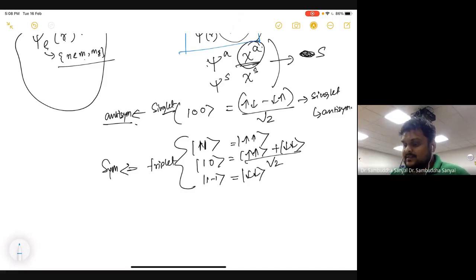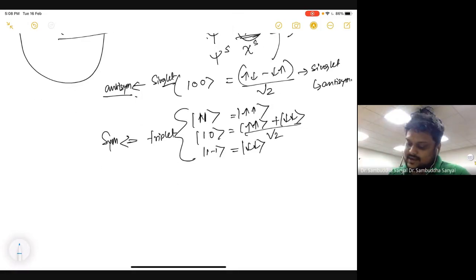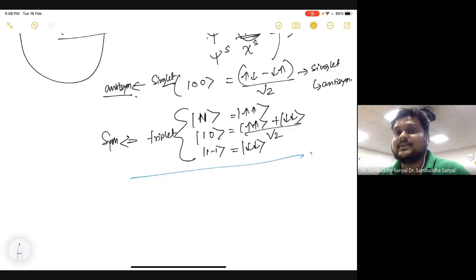So that is one point I wanted to make, and that point will come in very useful. So in that context, you look at this problem in Griffiths, and that is exactly the problem I gave you in your assignment. I gave you 2 particles or 3 particles which have spin. Now try to write down the wave function if it is totally antisymmetric or totally symmetric. If the total wave function has to be symmetric or antisymmetric, you have to discuss its 2 parts, the spatial part and spin part, and look at what the possibilities are in the spin part and in the spatial part, right? So that is the problem I wanted to discuss.